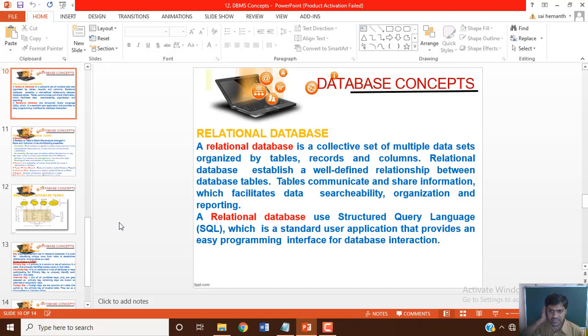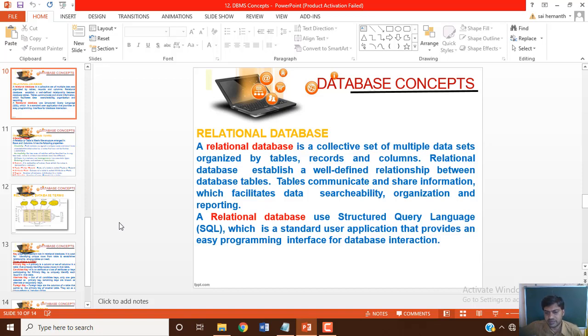Dear students, last class we saw an introduction to database concepts. We saw what a database is, and what the real-time applications of a database are. We saw what a database management system is, which is a software tool by which we can create a database, and that database can support many applications. A database is an organized collection of tables.